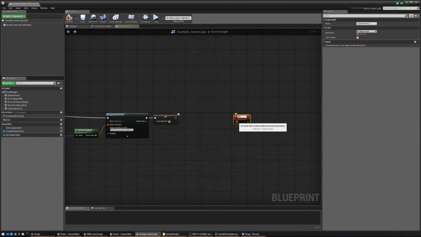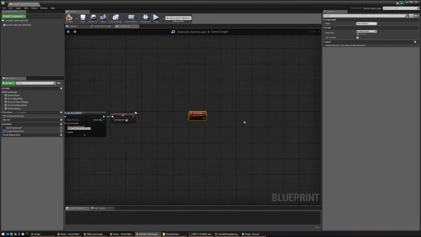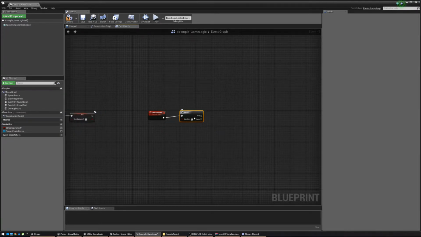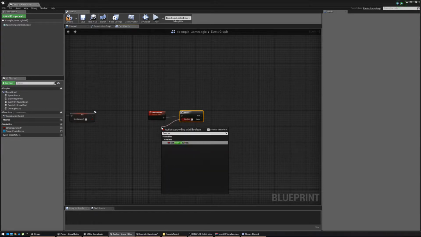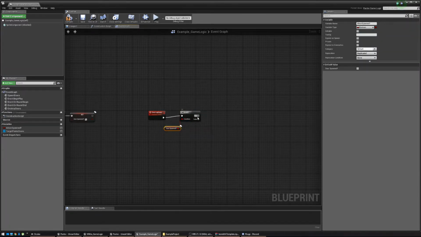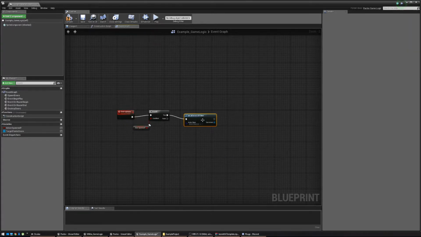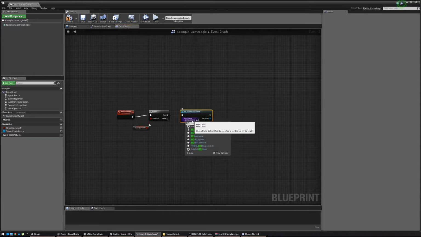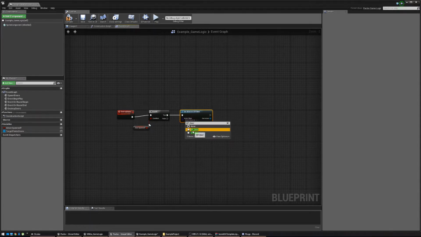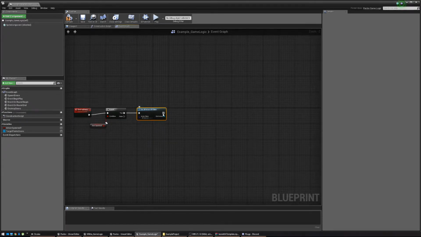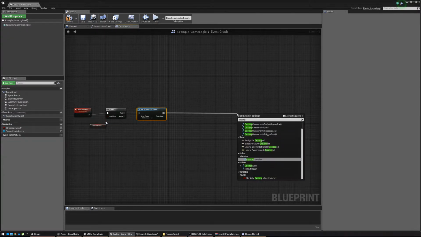Custom event called Destroy Doors. So basically what you'll have to do is create a new branch to check if the doors are spawned. Door spawned. If it's true, get all actors of class. So basically you'll get all the spawned doors, so all the blueprint doors that have been spawned. Then what you want to do now is destroy the actor